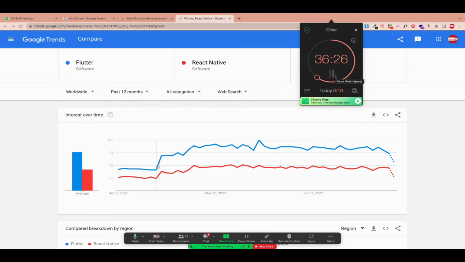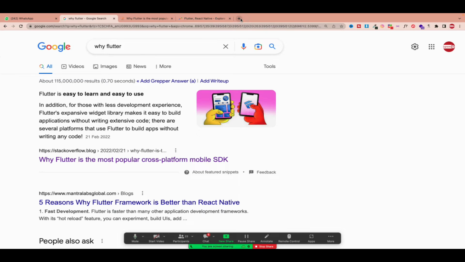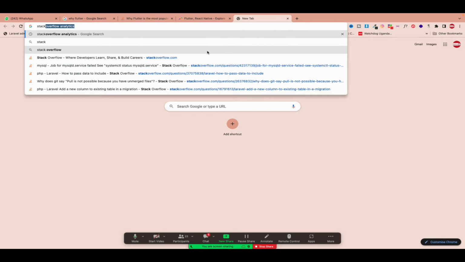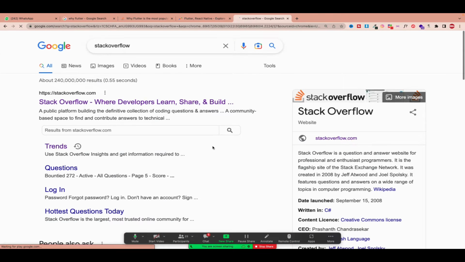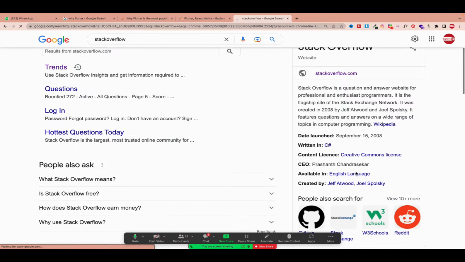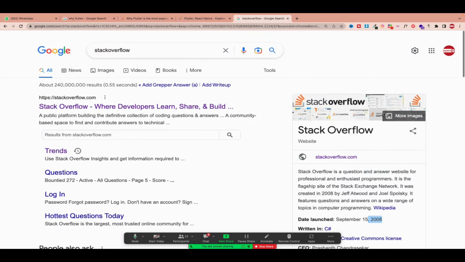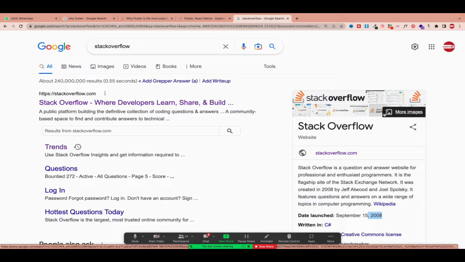Very, very important platform for every developer. At least every day a serious developer has to search something and get a solution from what? From Google, from Stack Overflow. So if you go ahead and search Stack Overflow, you will see it there. It is number one, it has no competitor, although GitHub also has some place where it shows solutions to some problems. But Stack Overflow started in 2008 and it has done its thing. Almost every problem that you'll get, you'll find a solution on Stack Overflow. And if you have a question, you can ask it on Stack Overflow.